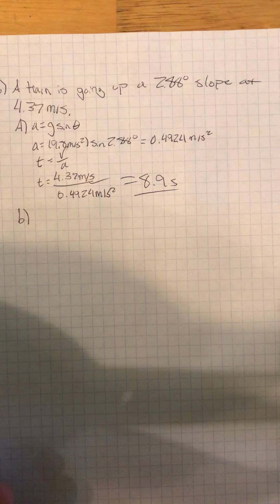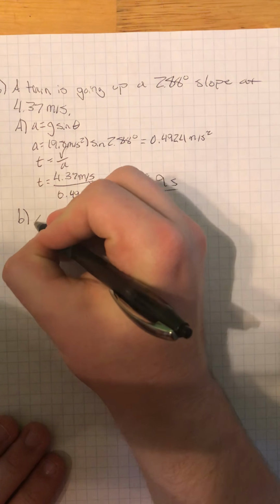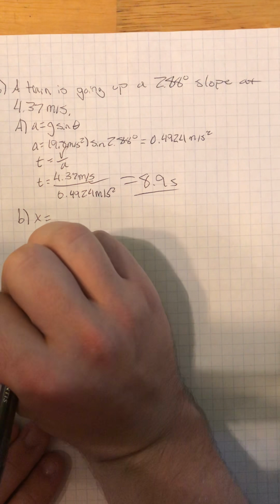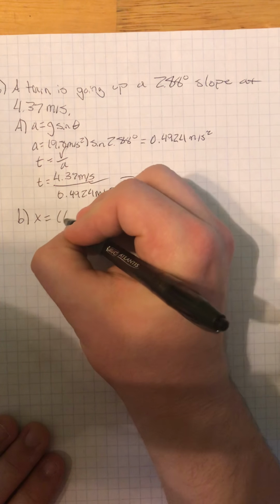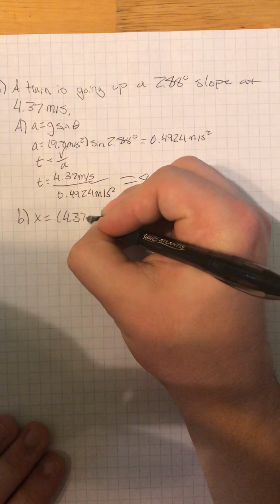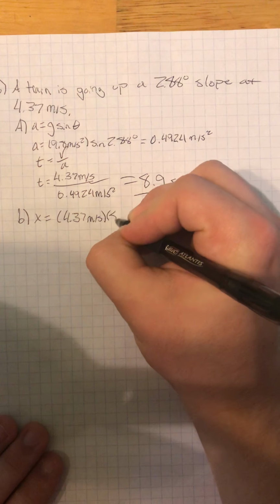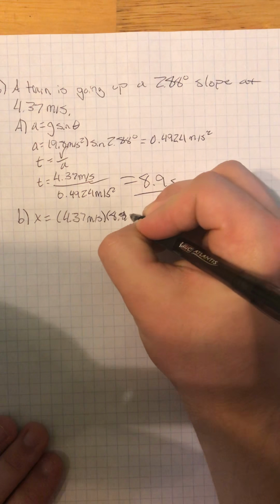Part B is asking how far the caboose moved on its own before coming to a momentary stop. For that, we just plug it back into an equation from one of the previous chapters in order to find the distance. So x, the amount of distance it travels in the x direction, is equal to 4.37 meters per second times 8.9 seconds